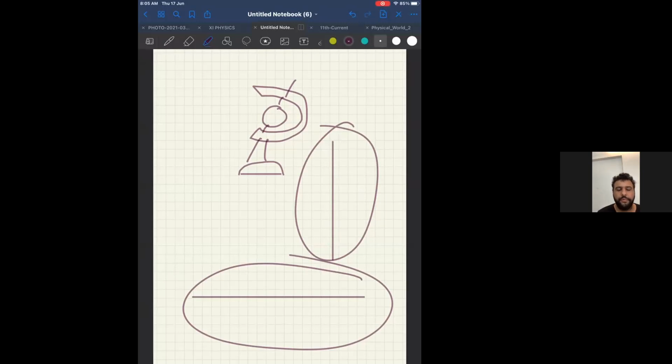Now, what is the definition of magnetic meridian? The plane perpendicular to the magnetic axis. Now, anything perpendicular to horizontal is again vertical. Therefore, it's a plane perpendicular, not a line, it's a plane.